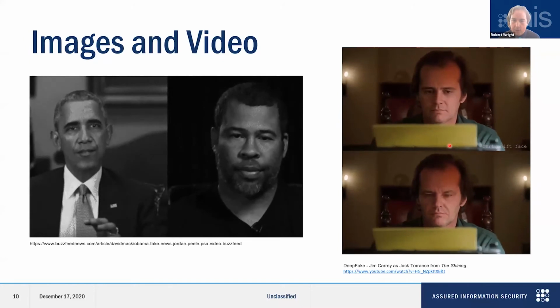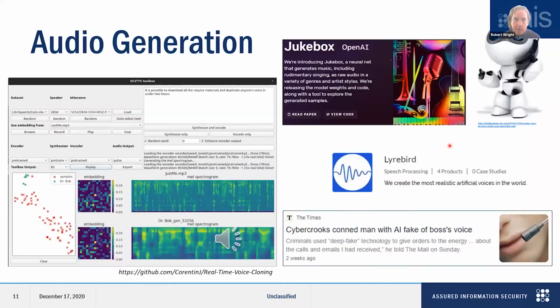So that's what a lot of the examples are, but you're seeing more and more now in the area of audio generation. So not only can you swap faces, but you can swap audio. And this is an area that I was examining more to see what's been done in preparing for this talk. And this is something that has changed a lot since I last